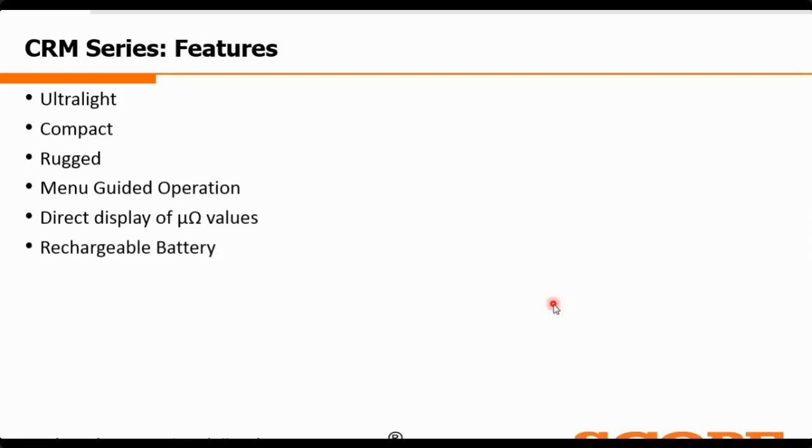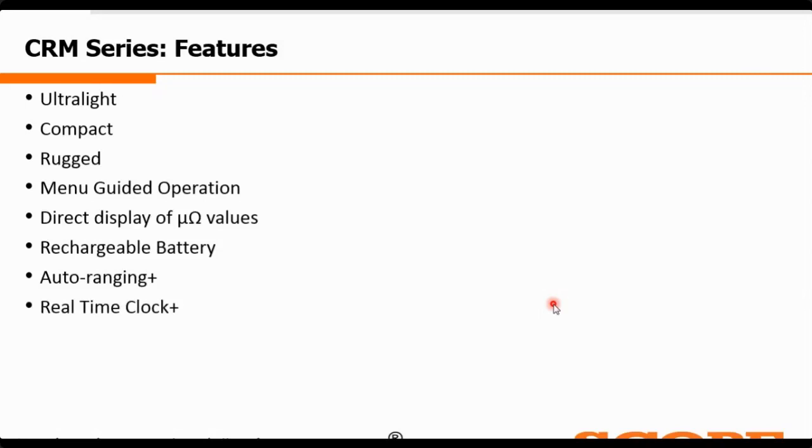So the B series, that is the 100B, 200B, 100B Plus and 200B Plus. In these four models, we have the rechargeable battery. Previously, in the older models like 100, 200, 100C, 100B and 200B, in these five models, we have the manual ranging facility. But in the Plus series, that is the 100B Plus and 200B Plus models, we have also included the auto ranging facility, where you don't need to manually select the resistance range.